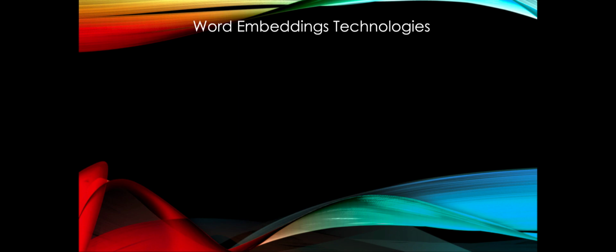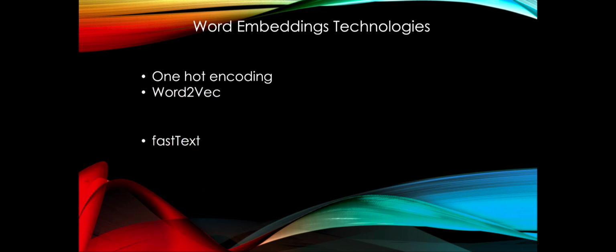There are several technologies using which you can represent word embeddings. You can do one-hot encoding, you can do word2vec, you can do fastText, which is a slight variant of word2vec, GloVe, BERT. These are the technologies, and we will briefly learn about each of those technologies in the next few